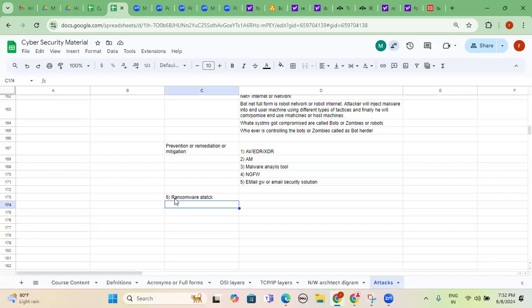Now we have an internal SOC team. They identified my system got compromised via the HP ArcSight or Micro Focus tool. That alert was triggered. Now they came to my place and I went to their place. They took my laptop and provided a backup laptop to me, and I continued my business operations.